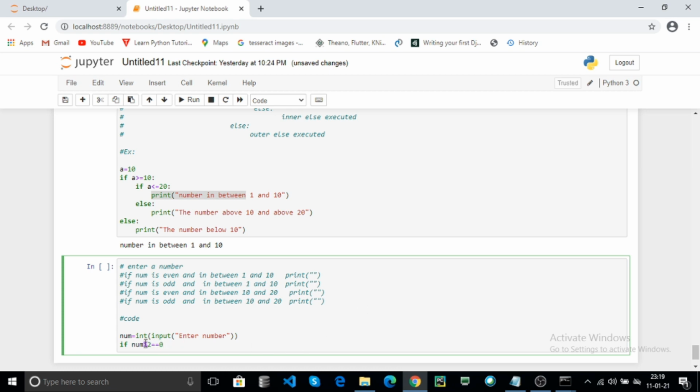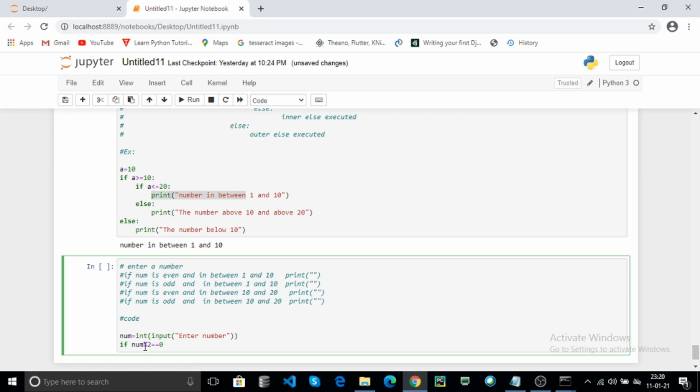When you use the mod operator, it returns the remainder. The even number means the number is successfully divided by 2, the remainder is 0, so the number is even.